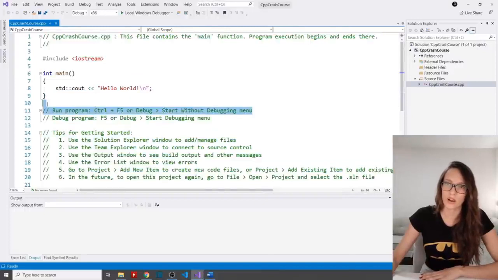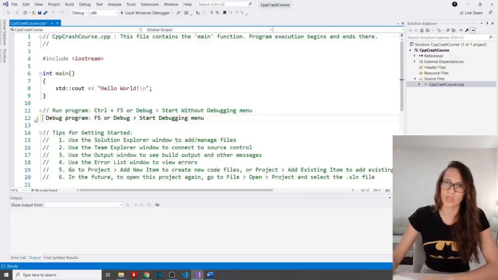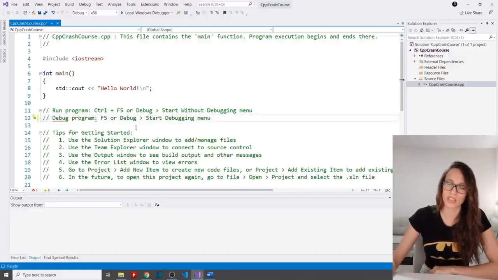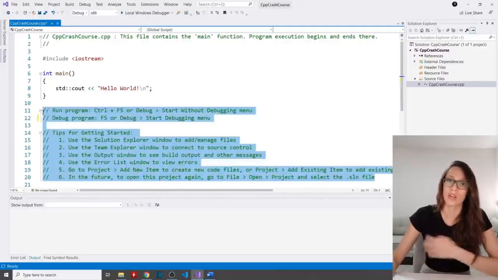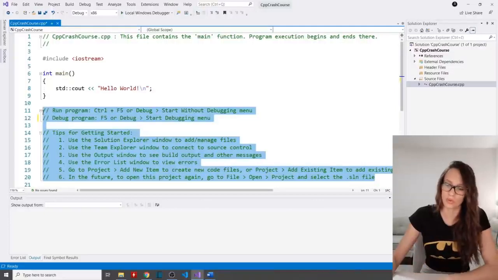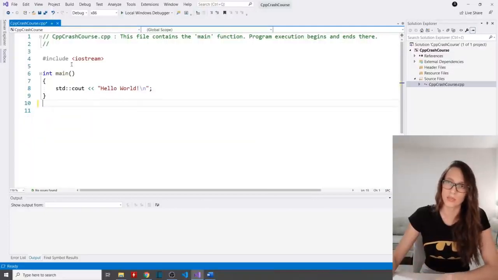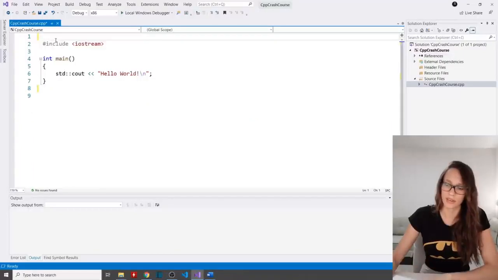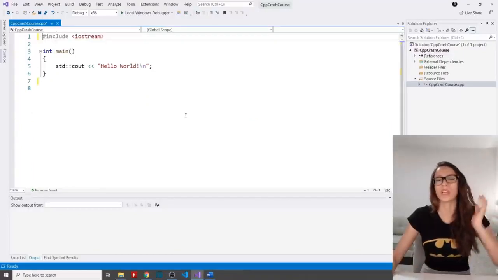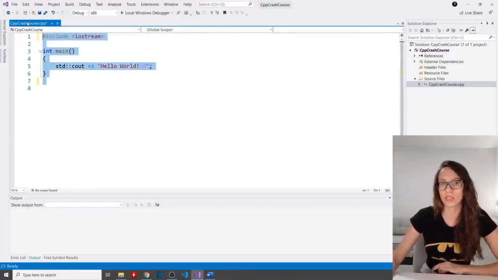Now these are examples of single line comments. This is a single line comment, and then this is a single line comment as well. And for creating a single line comment, you use this // and then your comment is not going to be compiled, nor is your computer going to try to understand your comment. It's just for you. So I'm going to delete this because we don't need it, and then this part here as well. Great.